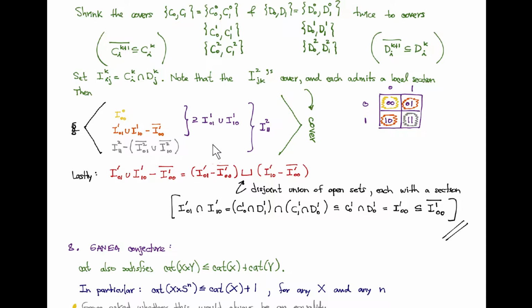And the key point now is that I have one local domain, a local section there, and another local section here, but I want to combine these two. Namely, I want to take the union of these two things: take this part, but I subtracted this, and take this part, but I subtracted this, which is what I define here. I already said that this is a covering, but what happens? Notice that this is the union of these two things, but it's a disjoint union. Namely, the intersection